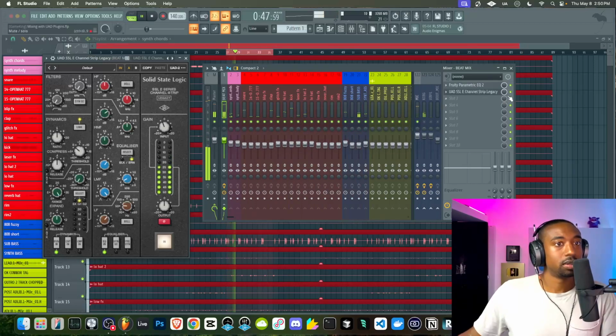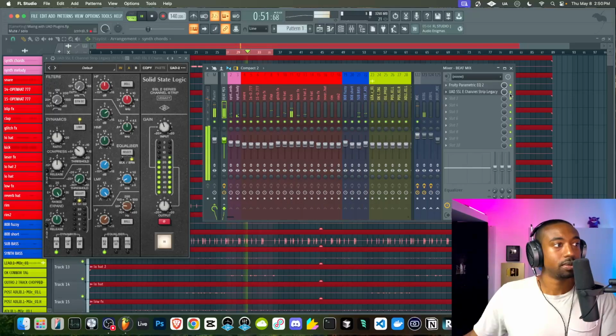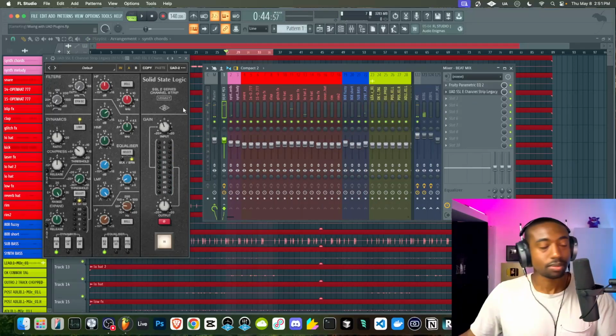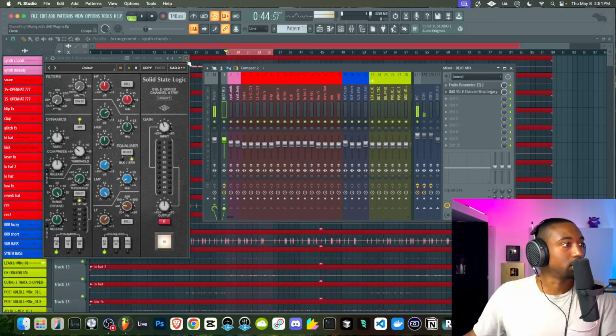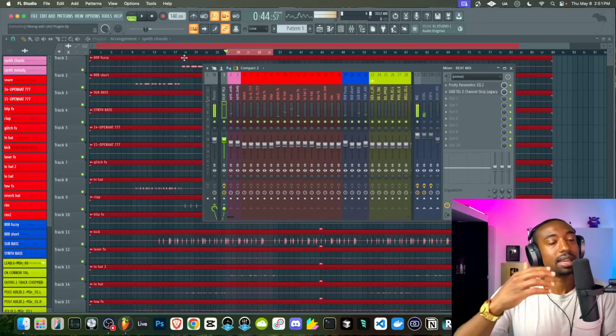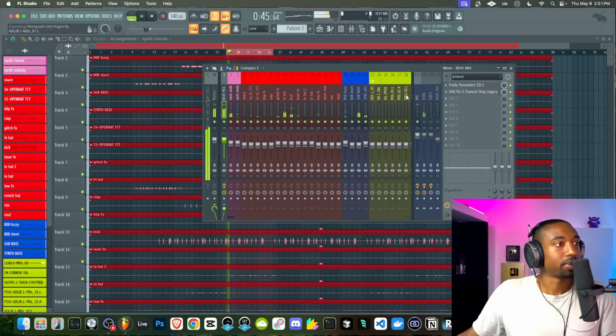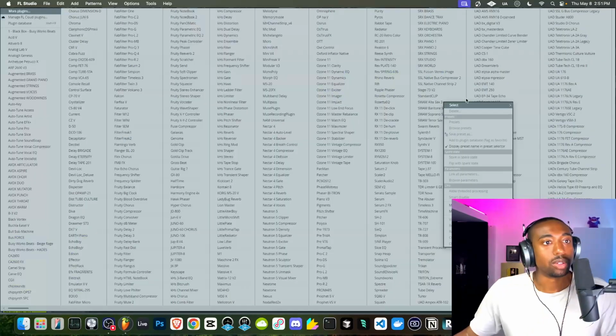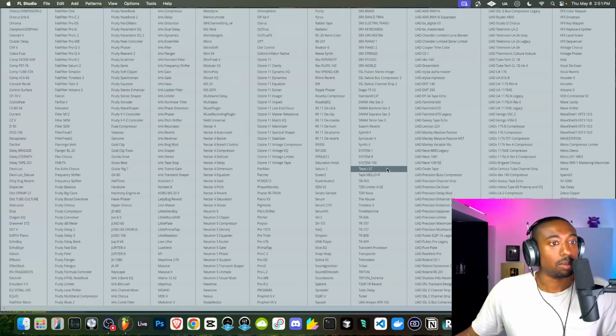All right, so here's before. Here's after. Now I might have boosted the low mids a little too much there because it's taking away some of the dynamic, making it more of a box. Let's pull back levels just a little bit. Anyhow, those are very small adjustments, nothing too groundbreaking there.